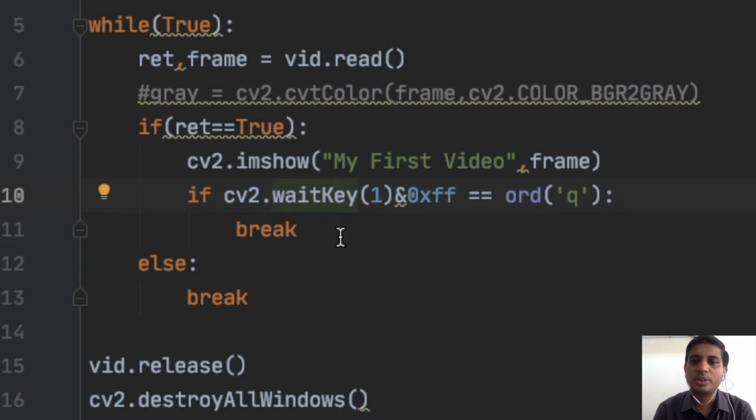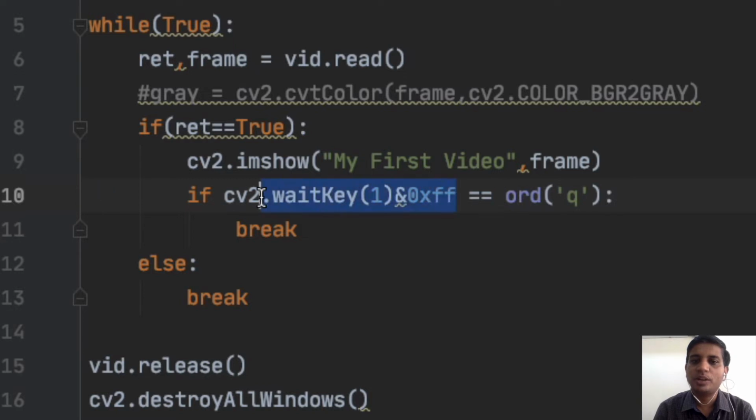Whatever key you press is captured in cv2.waitKey, and it is ANDed with 0xFF. This is compulsory if your machine is a 64-bit machine, so you have to mask with 0xFF.